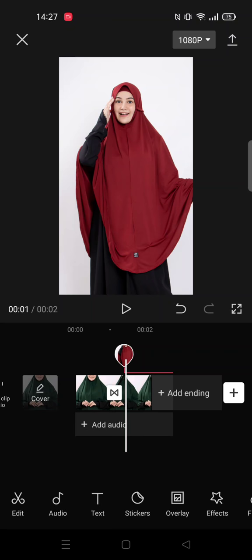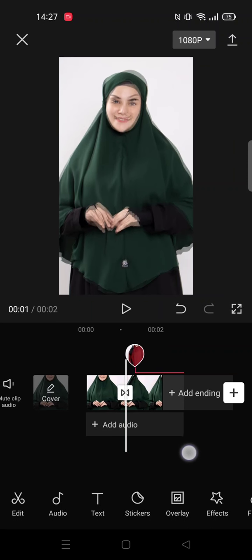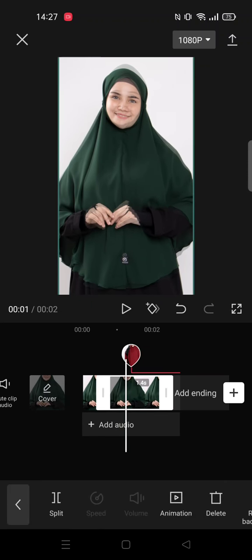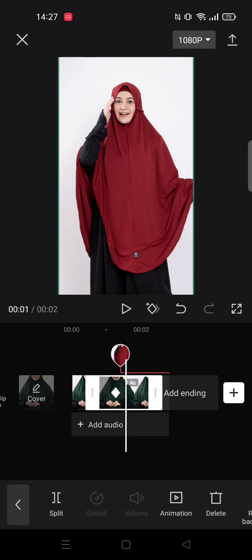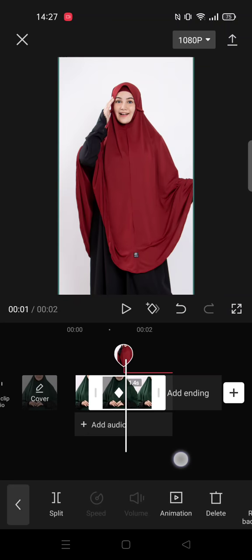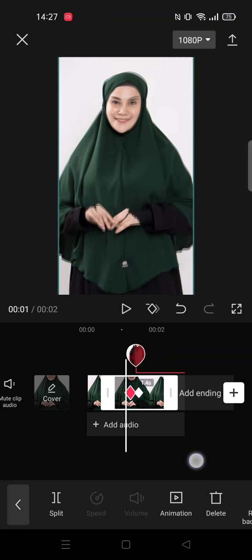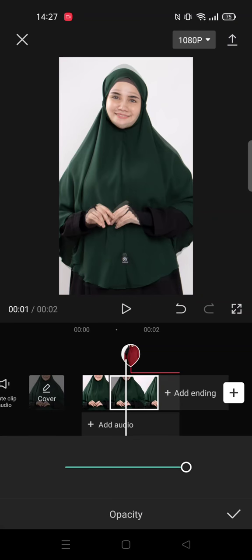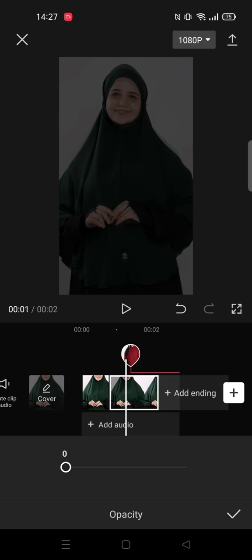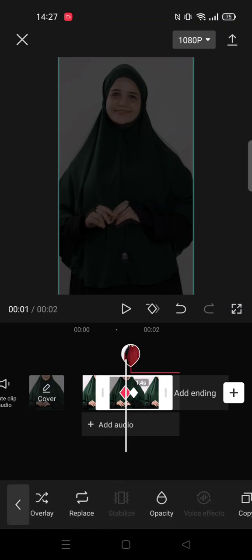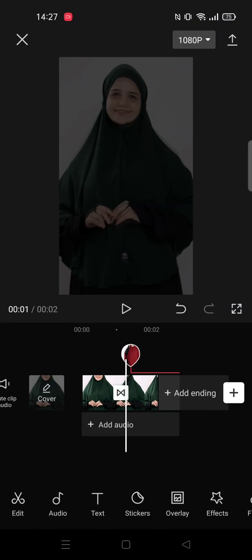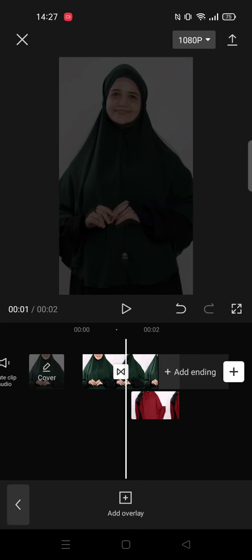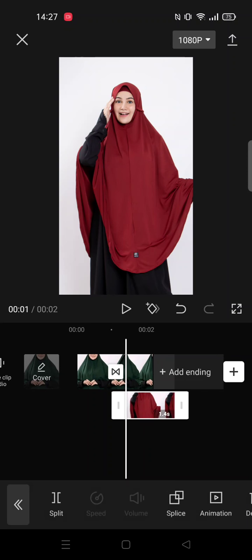Next, add keyframe over here and over here, and then change the opacity to 0 on the first keyframe. Click OK, and then tap overlay and tap the overlay layer,